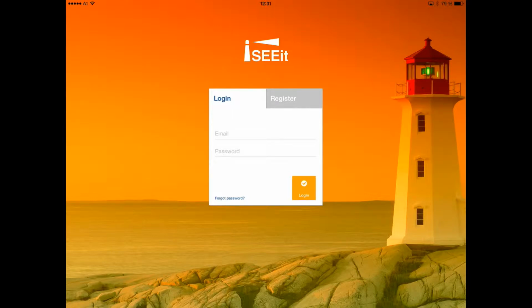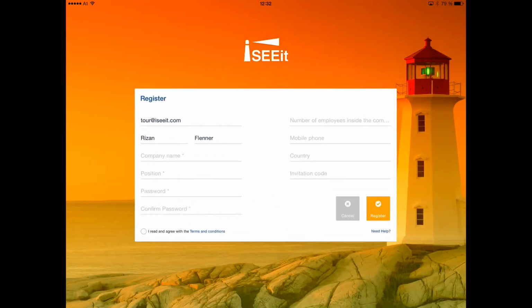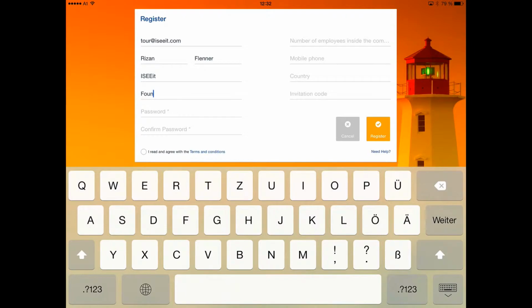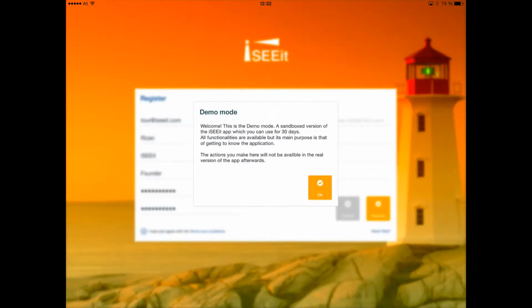When you download the application and start it on the iPad, you will receive a screen like that, where you can log in or register here. Now, we haven't registered yet, so I want to do this with you here. Next. When you register for the first time and enter the application, we're building a demo environment together for you, which will have some sample data you can use for playing around with it. Press OK.